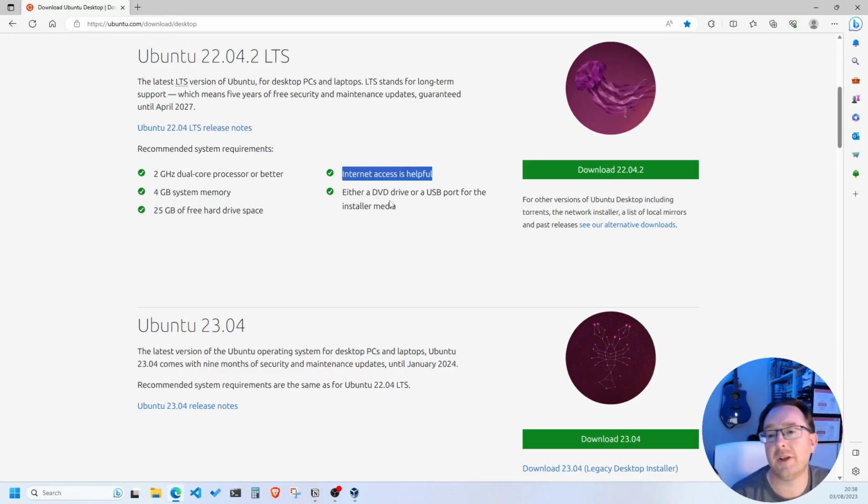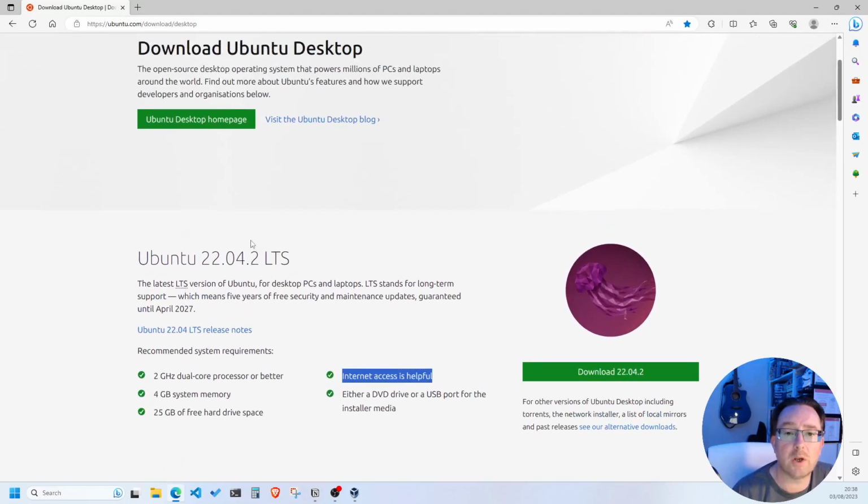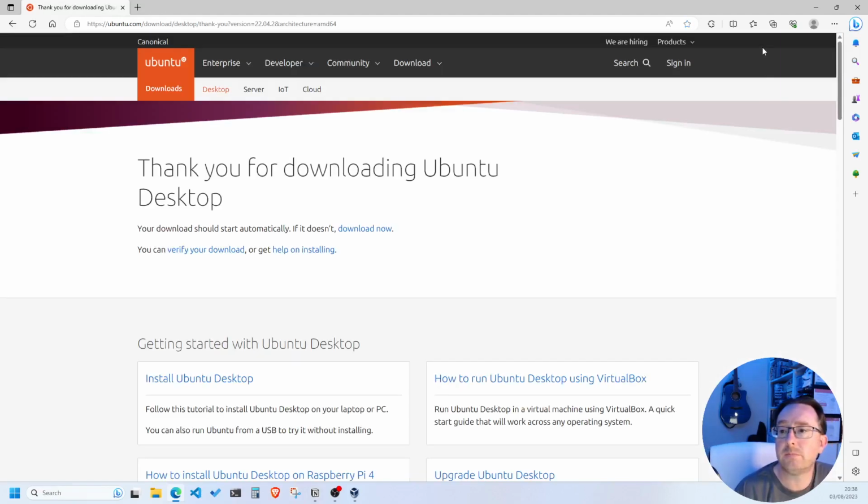And you'll need either a DVD drive or a USB port for your installer if you're doing it onto a bare metal machine. We're going to be doing it as a virtual machine, so we don't need any of that. We just need to know what system requirements we need to be looking at. So we're going to look at the stable version, the long-term support. We'll hit the download button,